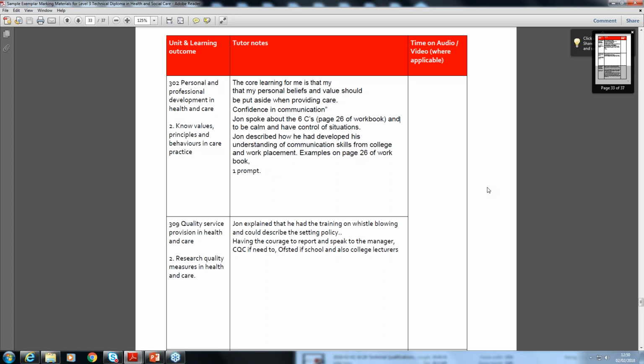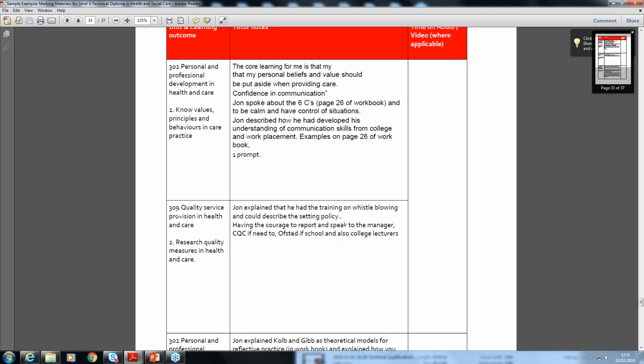Yeah, and I'd echo what Sue's saying, that one of the common issues we had across a number of qualifications is where there was a disparity between what was said and what was seen. And so the more evidence that we can have to back up the marks given by the centre, the less likely there is going to be any kind of issues when it comes to the moderation process. So it's really good to get as thorough, detailed evidence as possible, especially, as we say, with something ephemeral like a discussion. Okay, thank you.